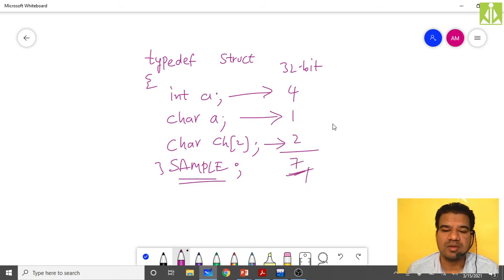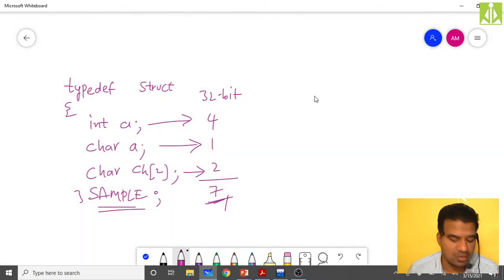But in that same case, if you declare a union, the concept of declaring a union is the same as your structure, with a little difference. Here also we use the keyword typedef, followed by, instead of the struct keyword, the union keyword.